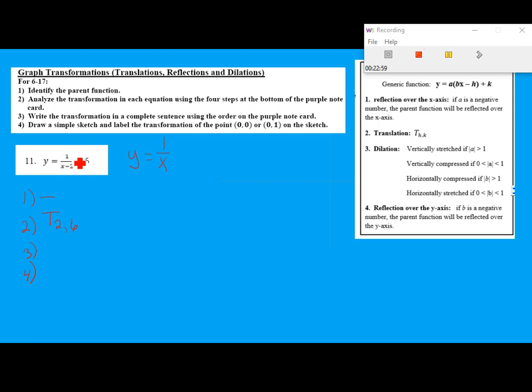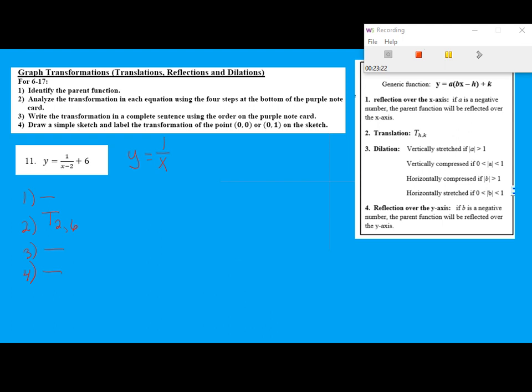There's no number other than that 1, and there's no number in front of that x, so there's no dilations. So this one has only been translated 2 units to the right and 6 units